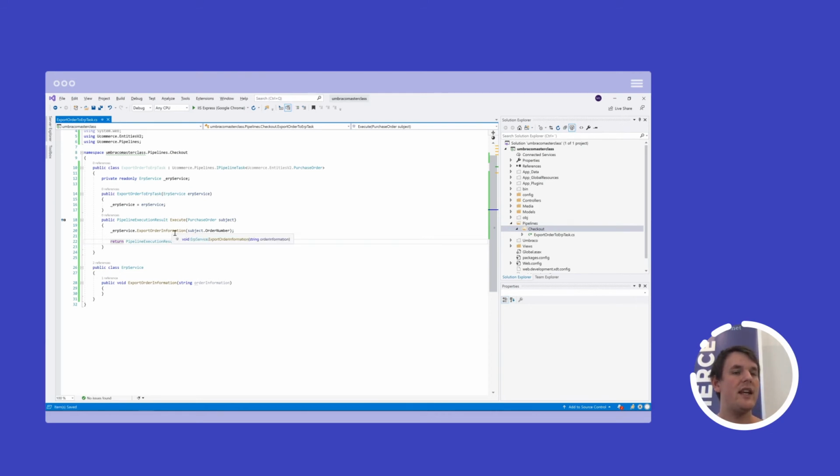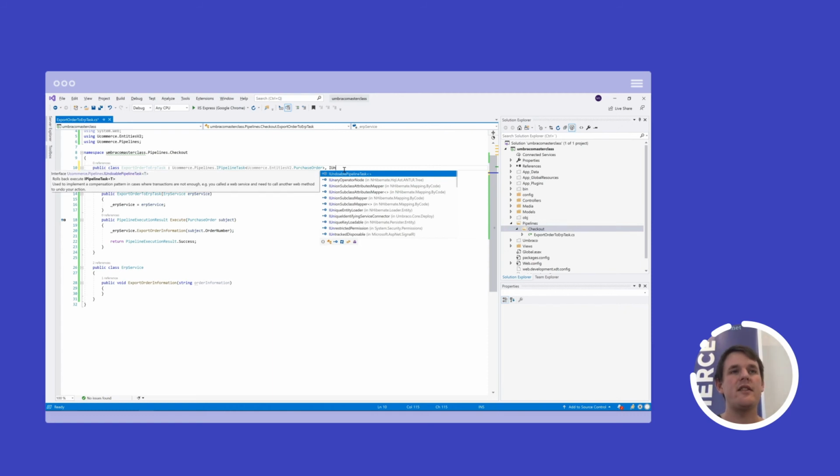Like this. If I throw an exception or I return error, as I said, the pipeline will abort and it will actually try to reverse what it has done. So it will go through all the already executed tasks in reverse order and see if the task implements an interface called IUndoable pipeline task.